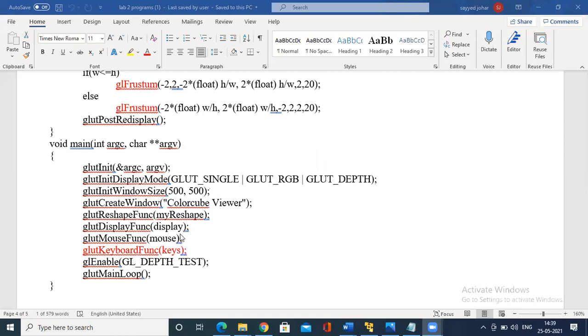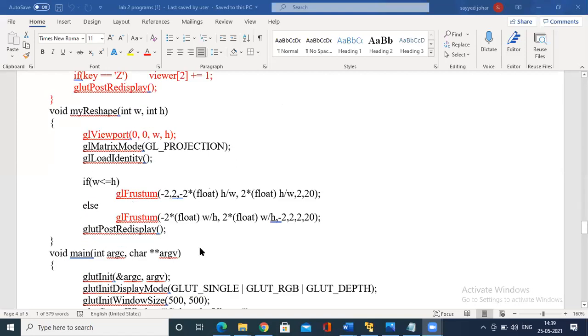So you don't call spin cube. Remember, you have to delete it. You are not spinning the cube. That is a continuous rotation, and continuous animation is not there. But obviously, you call the mouse function and the keyboard function. So with that, use the depth test for hidden surface removal.